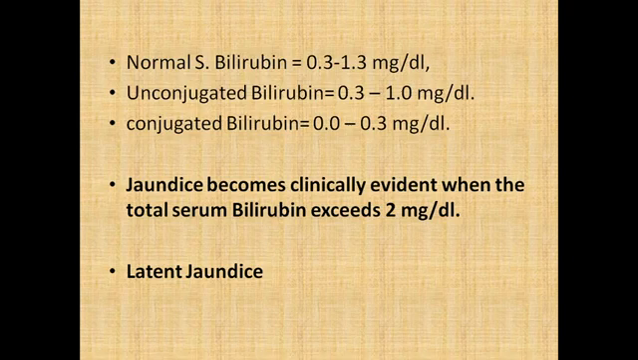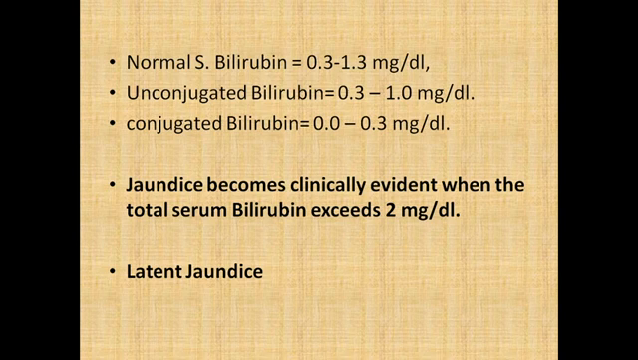Now, what are the normal values of bilirubin? Normal value of serum bilirubin is 0.3 to 1.3 milligram per deciliter, and parts of total serum bilirubin are unconjugated bilirubin and conjugated bilirubin. Component of unconjugated bilirubin is 0.3 to 1.0 milligram per dl, and component of conjugated bilirubin is 0.0 to 0.3 milligram per dl. So 75 to 85% is unconjugated and 15 to 25% is conjugated of total